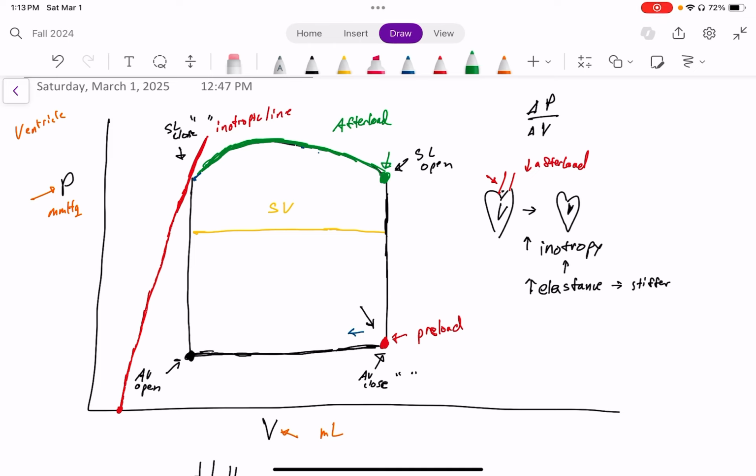Okay, now say we were to increase afterload. Now, if we increased afterload, then it might be right here, right? And then we'd have a new line that goes like this. It wouldn't decrease at all. I'm just drawing this so that we can see it. The only thing changing is afterload, right? Then that means something really interesting, actually. Means that